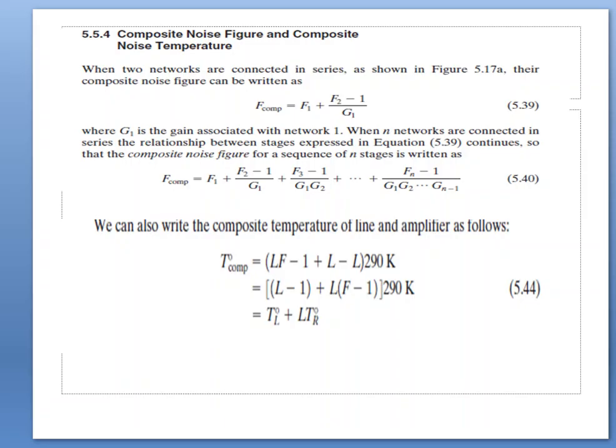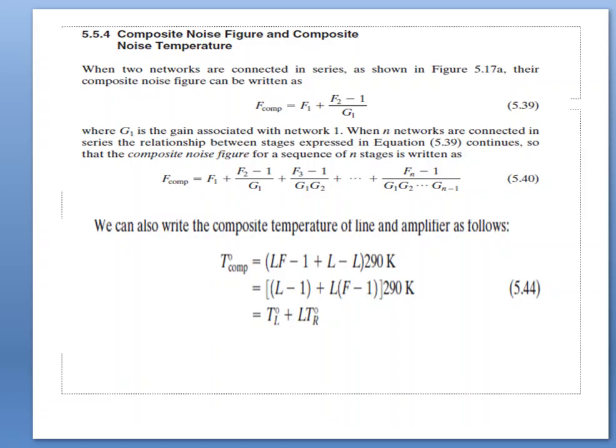The above expression field line in series with the amplifier. There is a typical arrangement of the following receiving antenna. In the equations, we find F composite for such a lossy line and amplifier arrangement. We can write the particular F composite is equal to L plus (LF minus 1), that is equal to LF. Since the noise figure of the lossy line is L and the gain of the line is 1 by L,